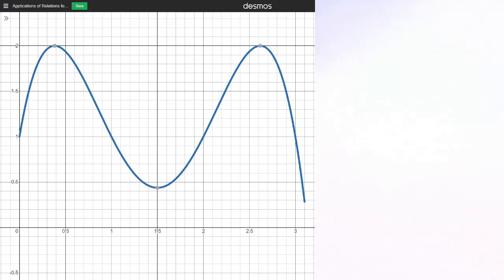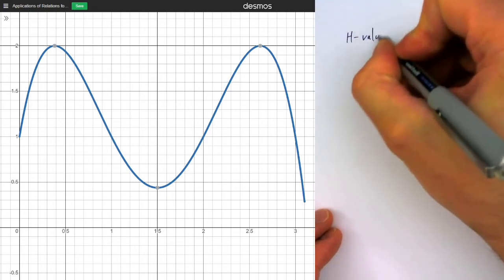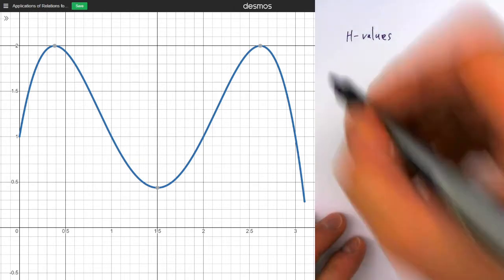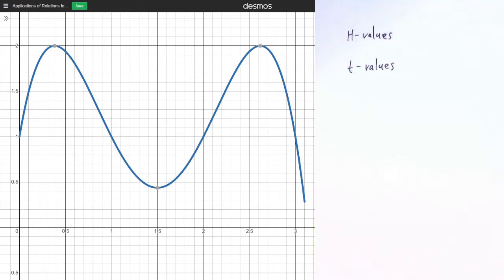So we want to talk about possible h values. That would be our dependent variable, our vertical axis. And we want to talk about t values and describe what values they can take on. So for height, we see that the maximum height goes up to 2, and it looks like it goes down